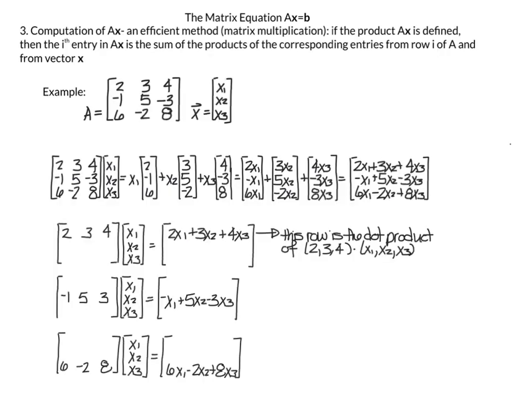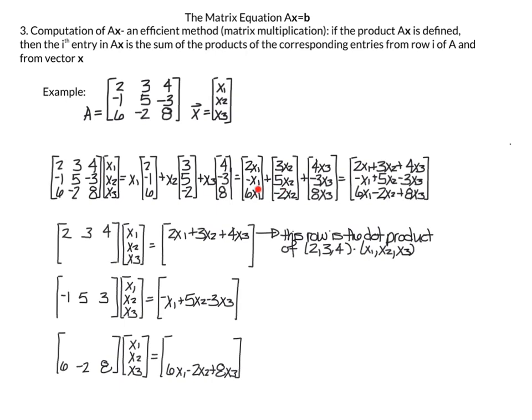And the way we're going to define this, if we have A times X, a matrix times a vector, then the ith entry in AX is the sum of the products of the corresponding entries from the ith row of A and from the vector X. So in other words, if A is equal to [2, -1, 6], [3, 5, -2], [4, -3, 8] as columns, and X is equal to x1, x2, x3, then what we can do, and I'm just going to do